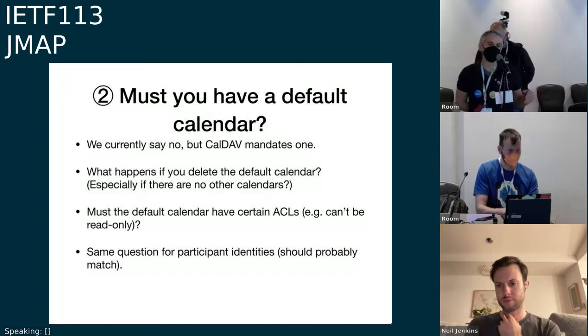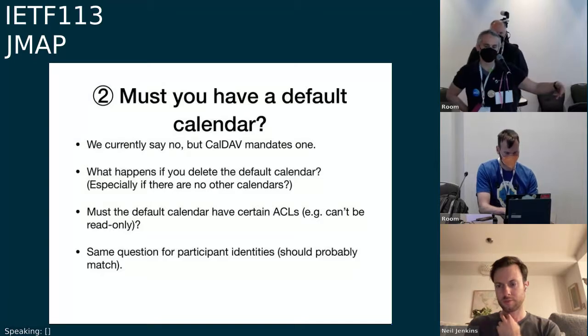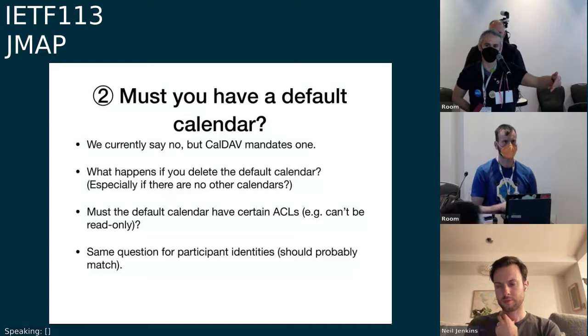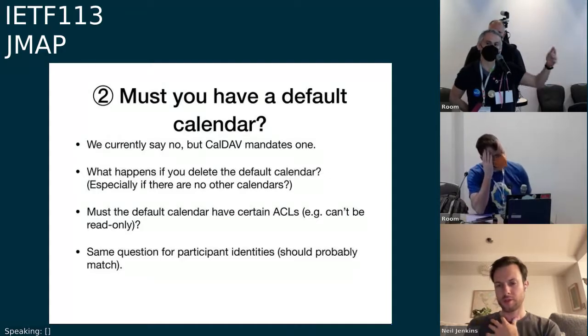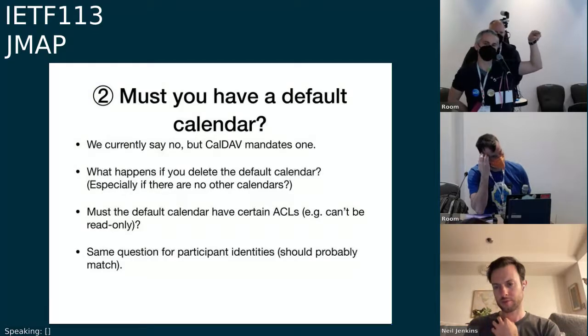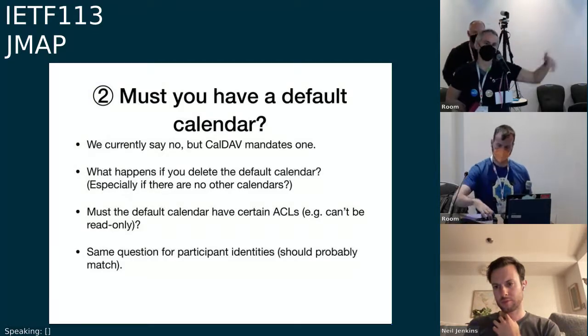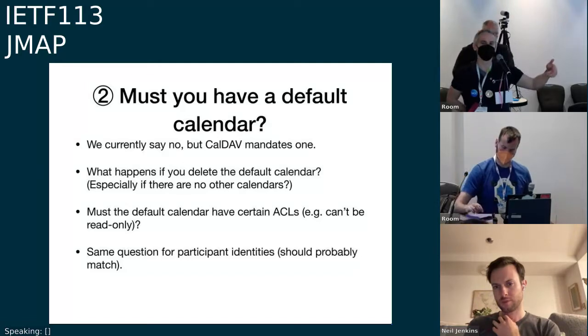So some systems might get confused if, after such a delete operation, another calendar is promoted to be default and now has a proper name. There might also be internationalization issues, because UIs typically display the default calendar with a predefined string in the system and not with a user-given name. That might be broken if you promote another calendar to be the default.